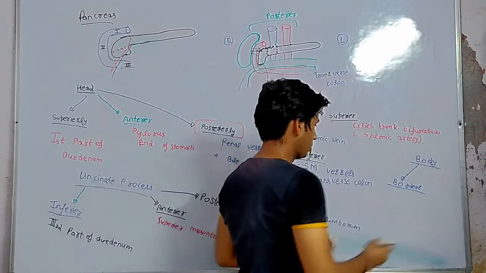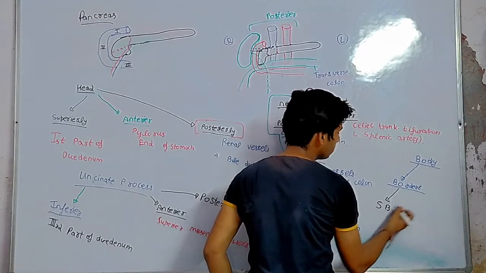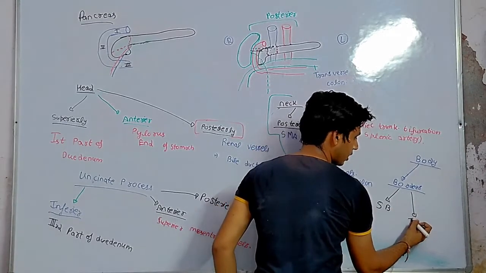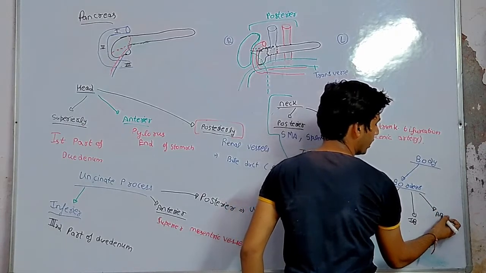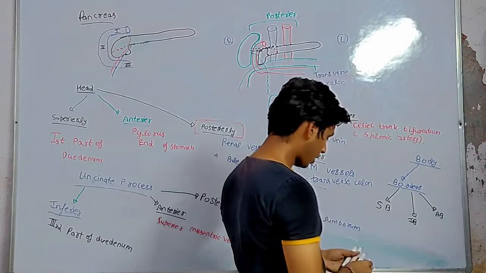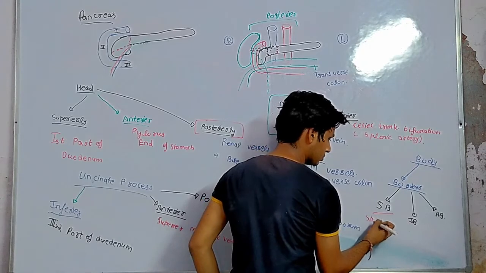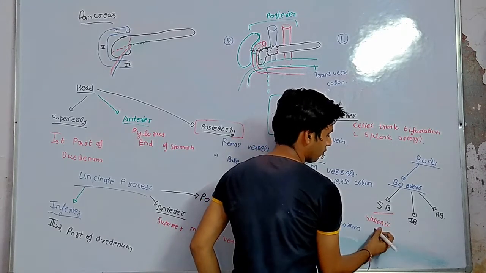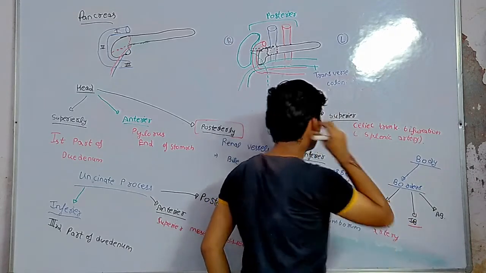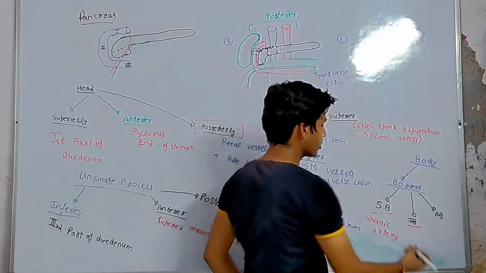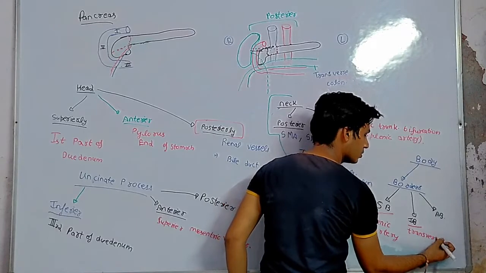About borders. There is the superior border (SB), one is the inferior border (IB) and one is the anterior border (AB). Done. At the superior border, we have the splenic artery, which goes along the superior border of the pancreas and gives branches. At the inferior border, we have the transverse colon also included.